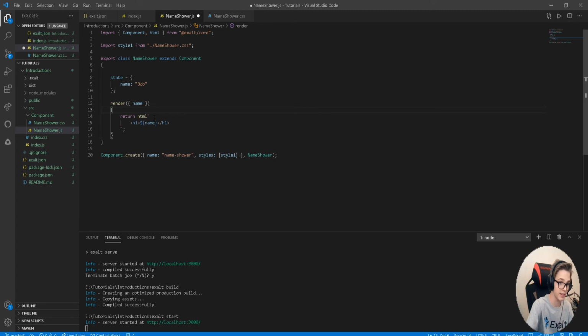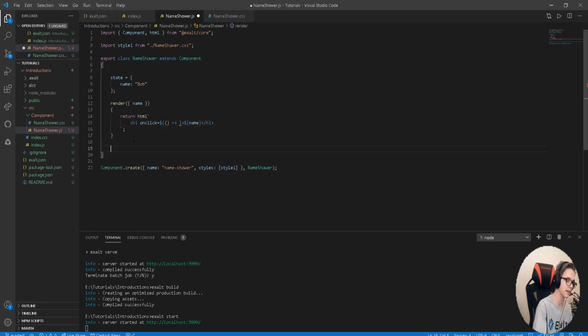Now the fun thing about this is when we click this, onClick is equal to here, we can do event handling dynamically. So these are known as templates. When we go in here and do an arrow function inside a function holder, I don't know the proper name, we can add that, but we're not finished. So we'll give a class name of swapName. And in this, we'll take the name, so this.state.name, so we need to change that afterwards, is equal to